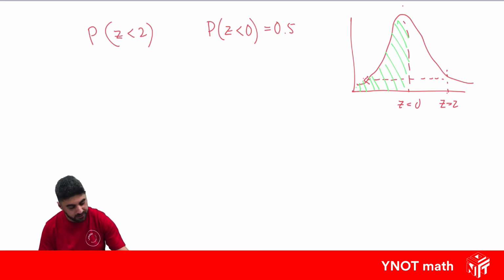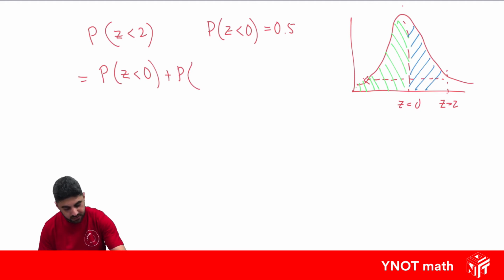So we can rewrite this as the probability that the z-score is less than 0 plus the probability that it's between 0 and 2. And we can work this out. Because we know the probability that the z-score is less than 0, well that's half of it, plus between 0 and 2,